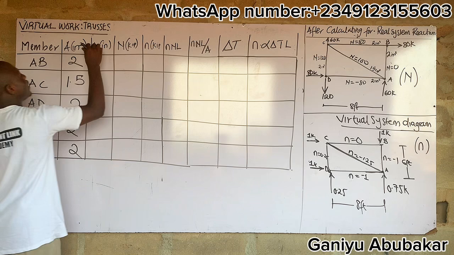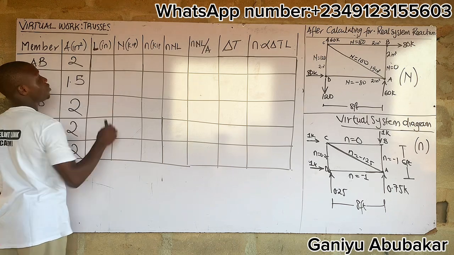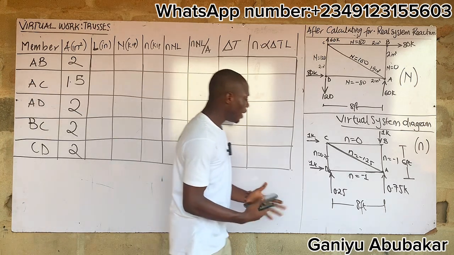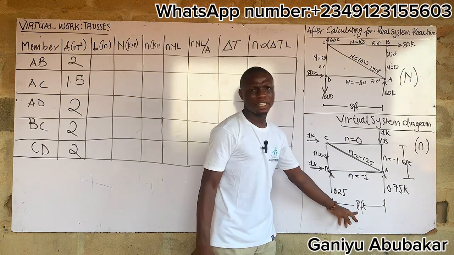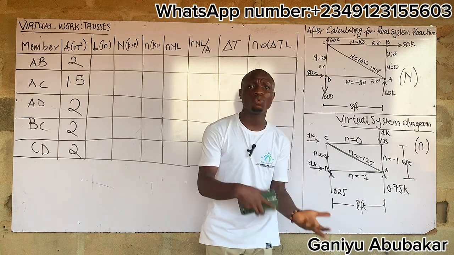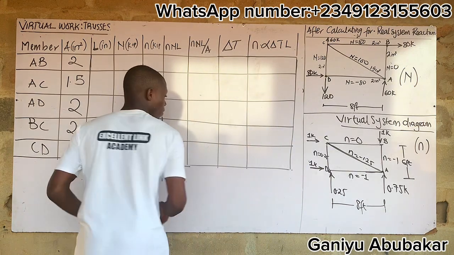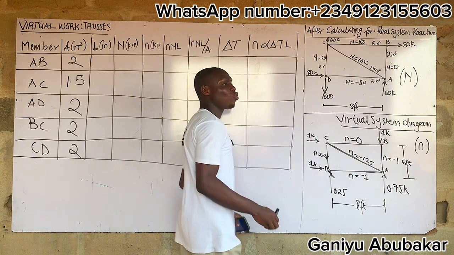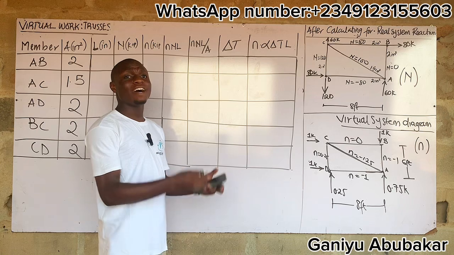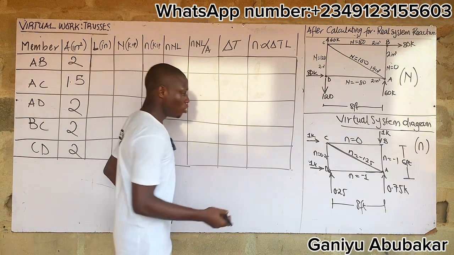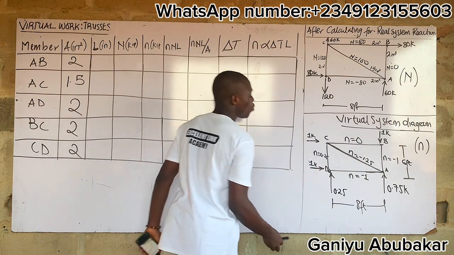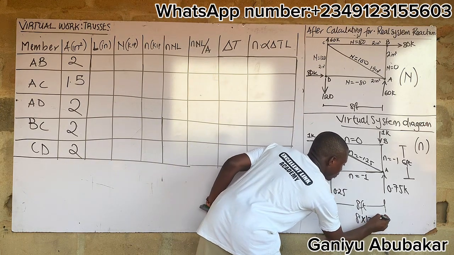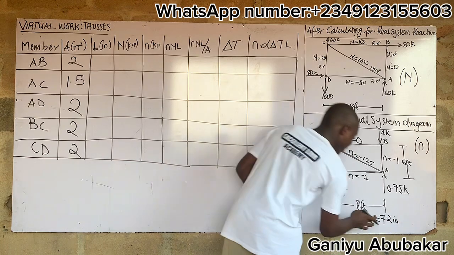Let's move to length. It said length should be in inches. Our length should be what? In inches. From the question, length there is what? 8 feet. Now here's the thing. How do you convert feet to inches? Let's convert this 8 feet to inches first. Note that to convert feet to inches, multiply that value of feet by 12. That's all. So look at 8 feet here. If I'm to convert 8 feet to inches, that becomes what there? 8 times 12. I should have what? 96